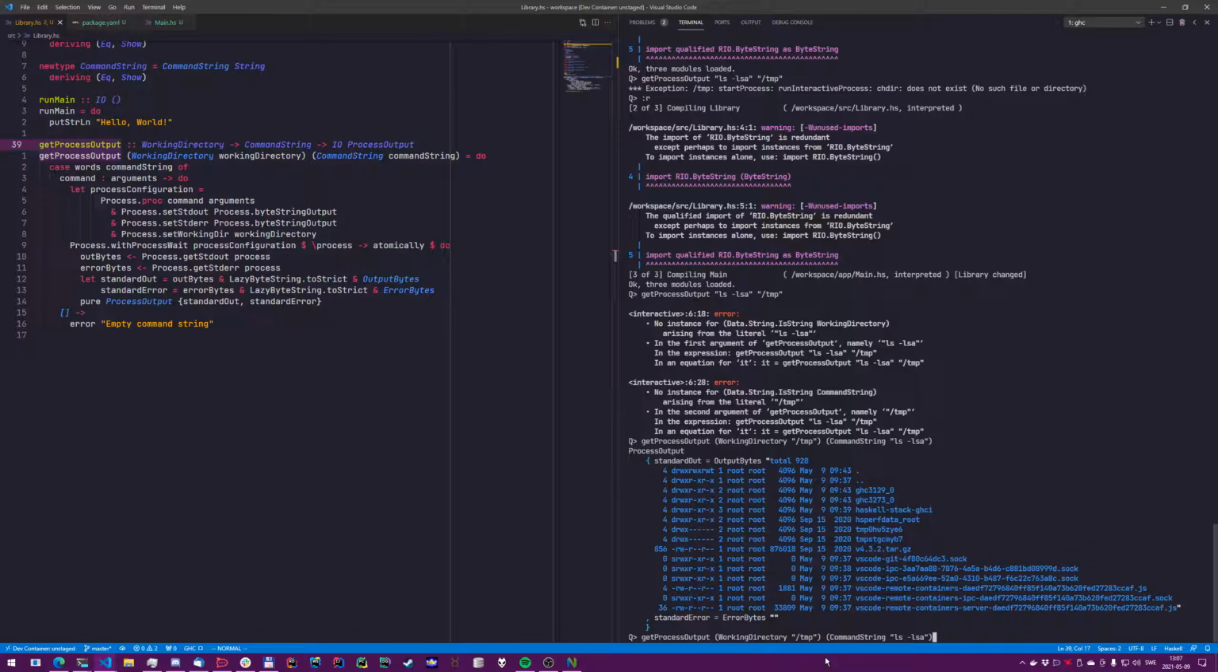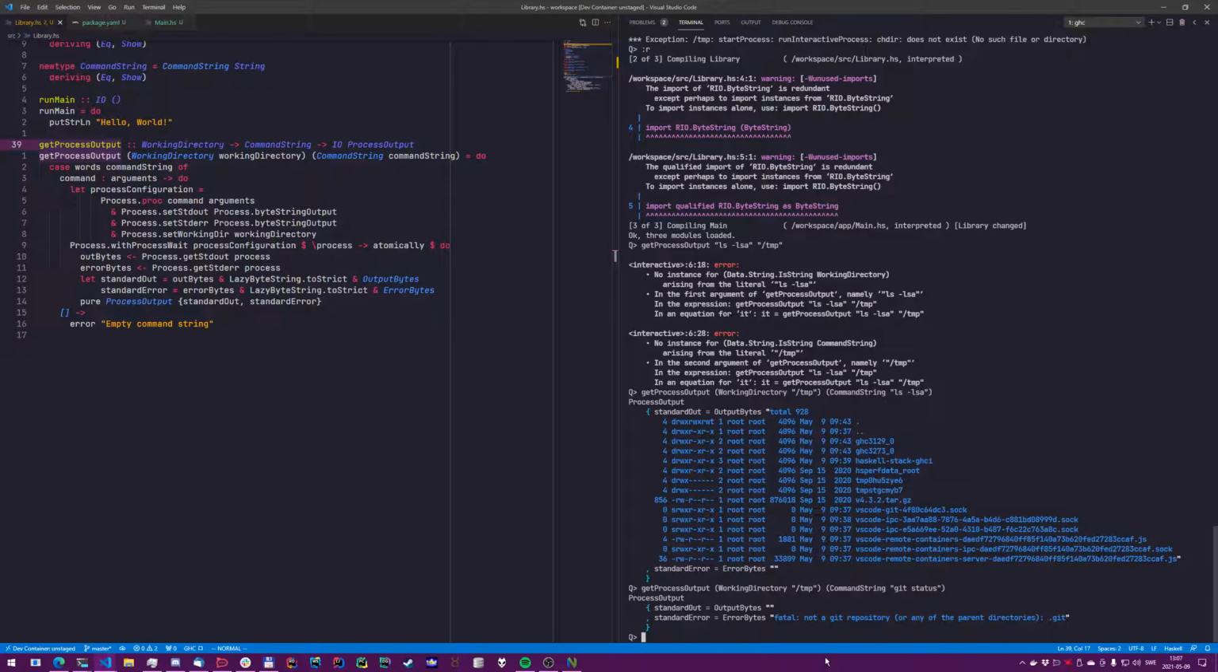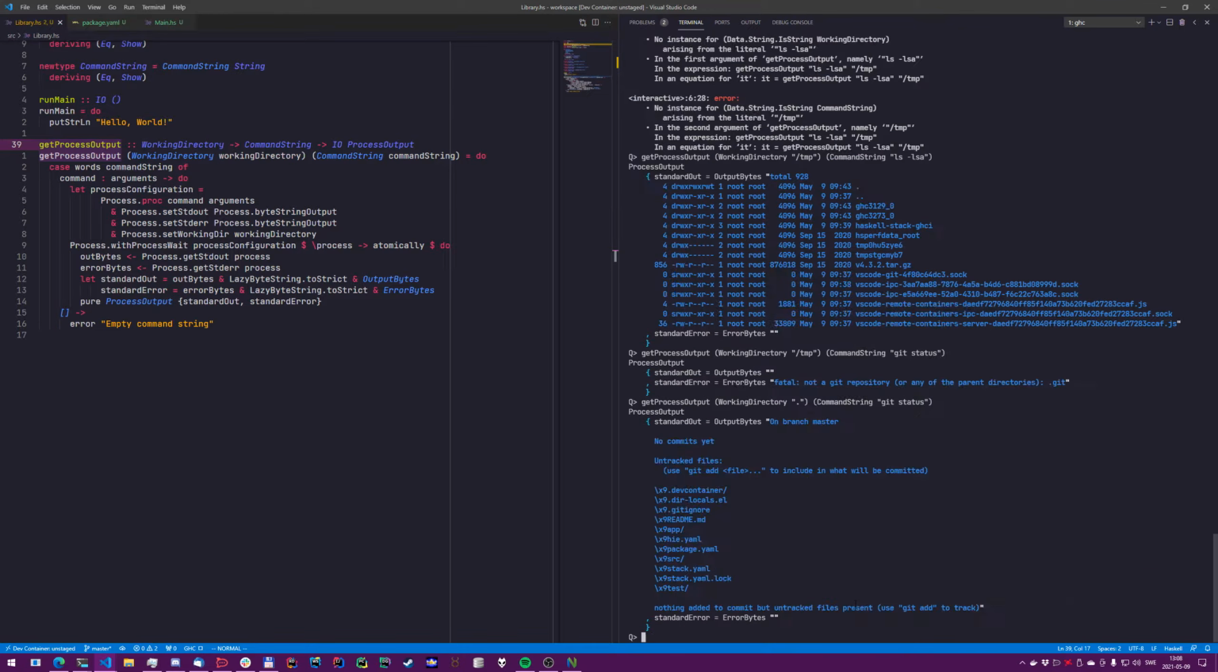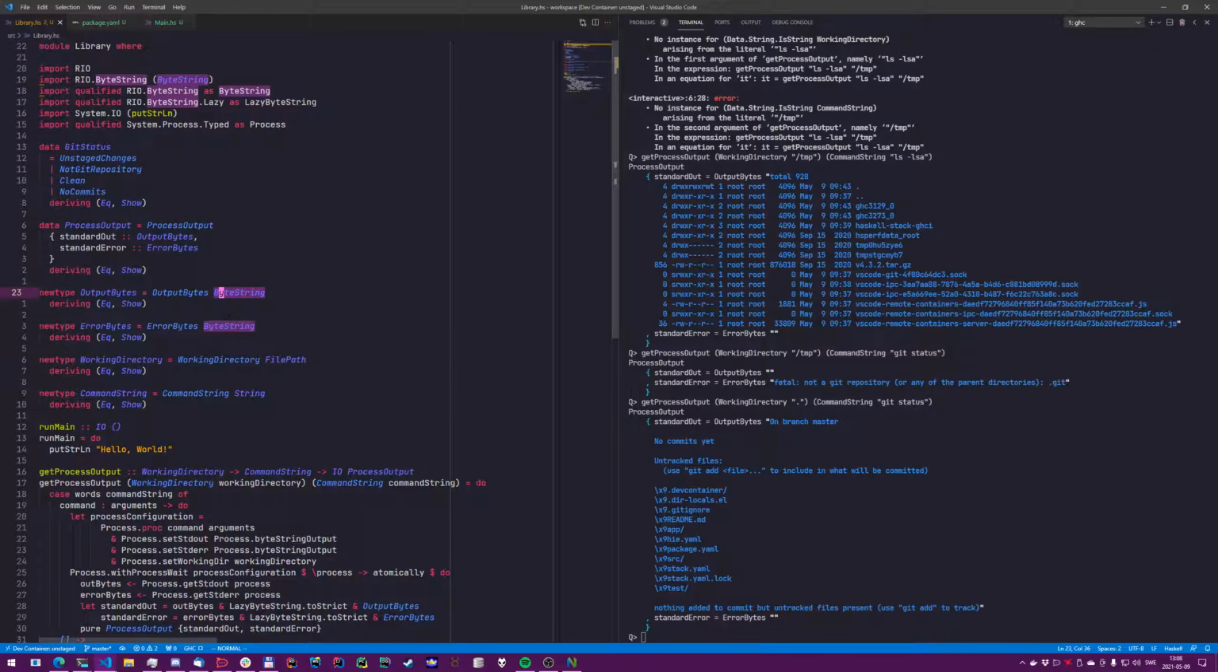So what happens if we run git status? Okay, so now we have error bytes here. Fatal, not a git repository. Now we know what happens when we run this command in what is not a git repository. That's good information. So if I say run this in the current directory, we have no commits yet. Good to know. What happens then if I say,